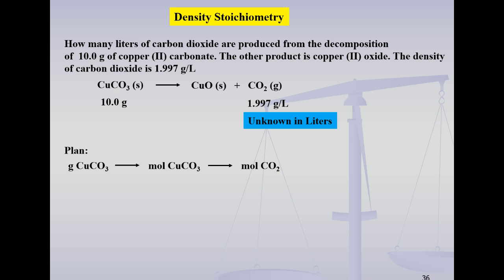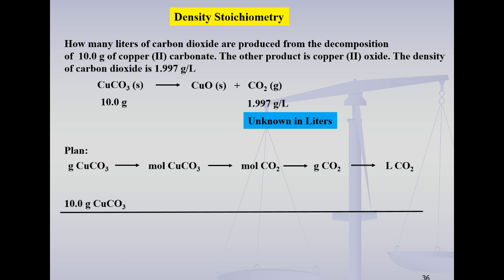So moles of carbon dioxide we can convert to grams using the formula mass, and then from grams to liters. So you have grams of copper 2 carbonate, grams of carbon dioxide. You need the formula masses of both of those. Anytime you have grams, you need the formula mass. Let's solve. 10 grams of copper 2 carbonate multiplied by its formula mass, divide out the common unit,